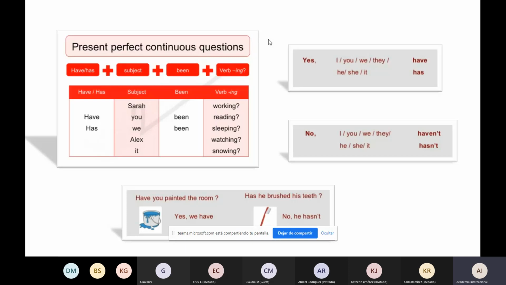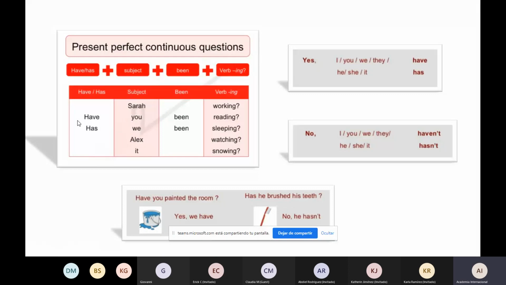You have been traveling around the world for 5 years, etc. But in this case, the interrogative form is used in this form. We use have or has at the beginning of the question, para decir en español como